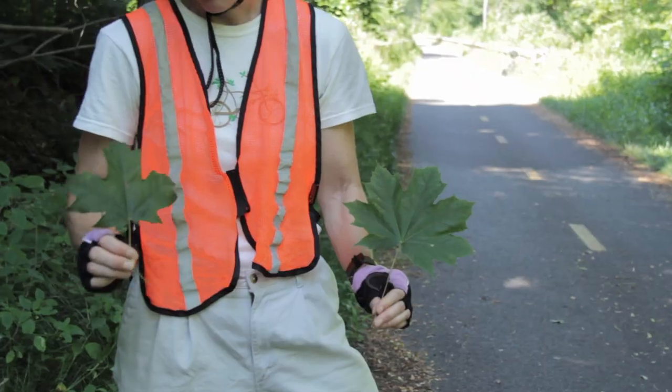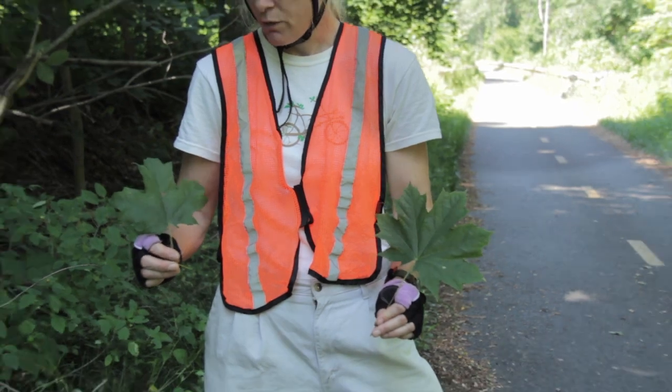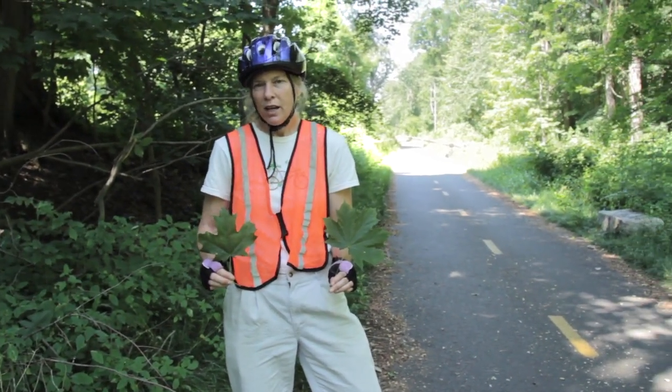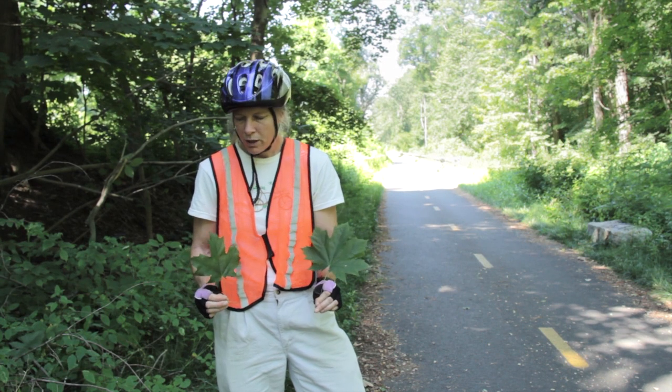Very similar. Of course, sugar maple has such a great story about how the abolitionists, the anti-slavery forces, did not want to buy sugar from the South. And so they wanted to develop the maple sugar industry as an economic counter to the